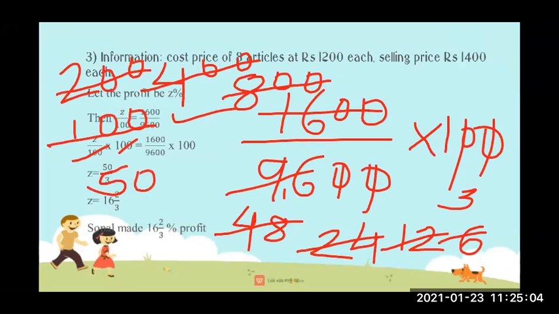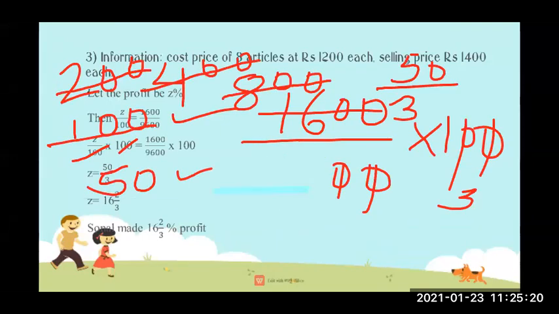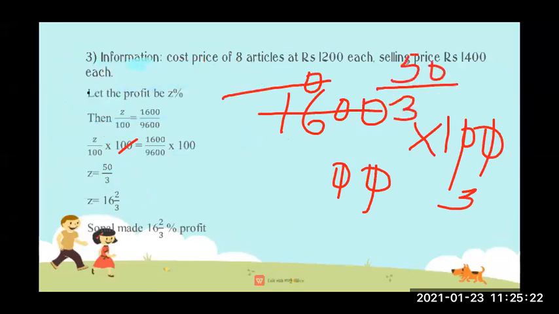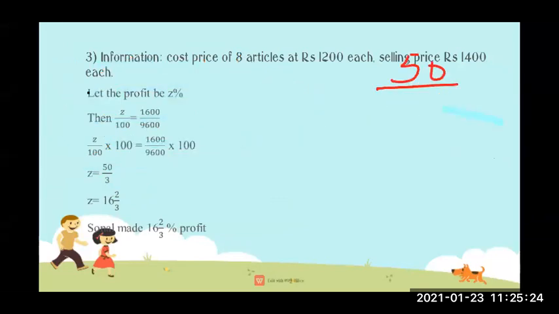So here 50 upon 3. 50 upon 3 is remaining. See, in 3 table 50 is not going. So our number we got, that is 50 upon 3. Now what you will do? You will divide 50 by 3. Now we can see over here I have written the answer that we got is 50 upon 3.